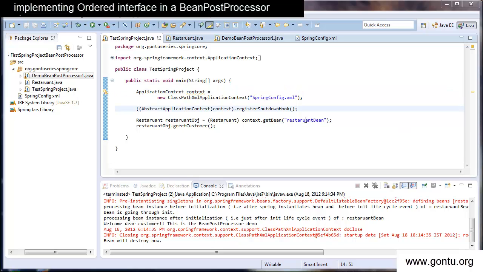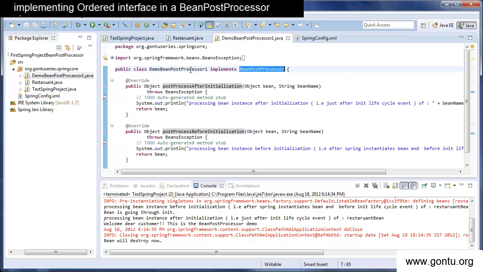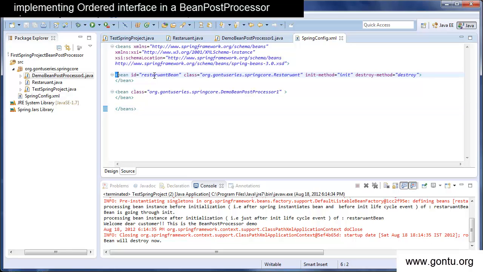So this is what we performed in the earlier tutorial, that is a BeanPostProcessor demo. We wrote a test class, a Restaurant class having init and destroy methods which are lifecycle events for the restaurant bean, a DemoBeanPostProcessor class implementing the BeanPostProcessor interface. So these are the two methods which it has implemented from the BeanPostProcessor interface. And a Spring configuration file. Here we have put an entry of the restaurant bean and we have put an entry of the DemoBeanPostProcessor class using